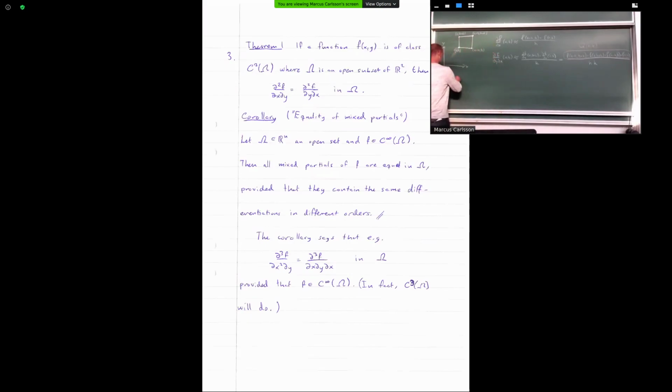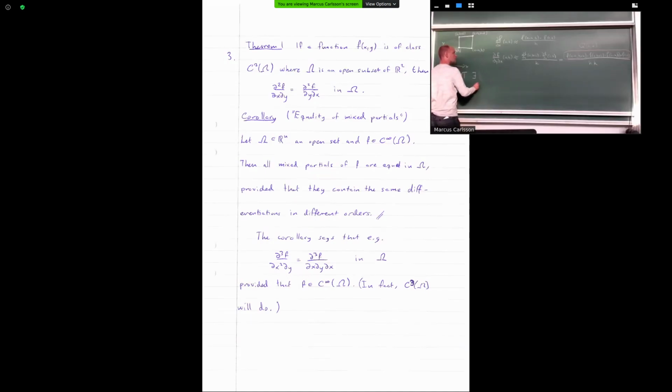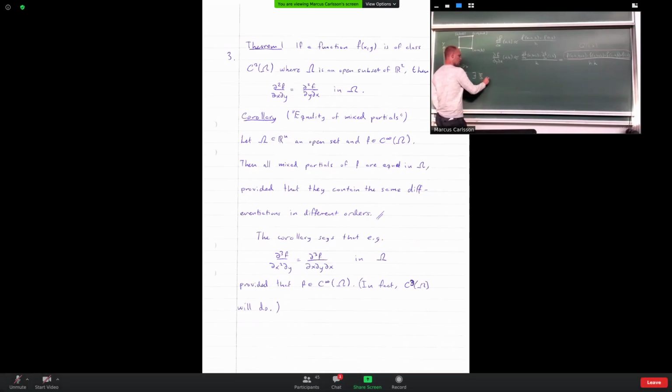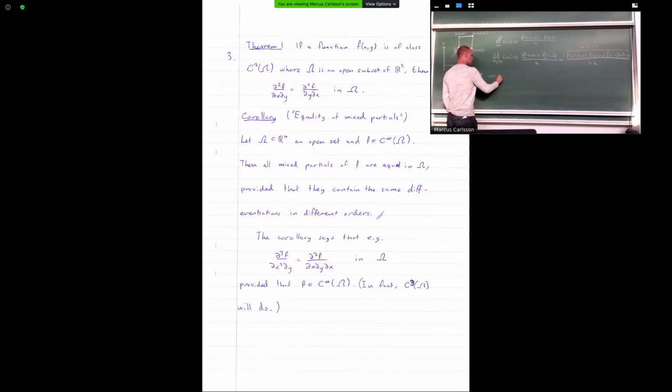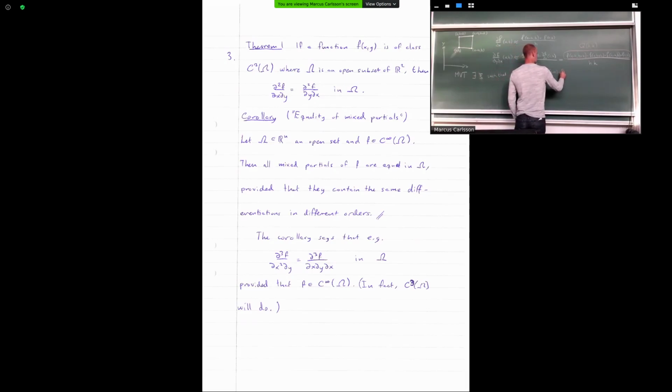The mean value theorem says that there exists a point psi, such that 0 less than psi less than h, and f of a plus h minus f of a is equal to f prime of a plus psi